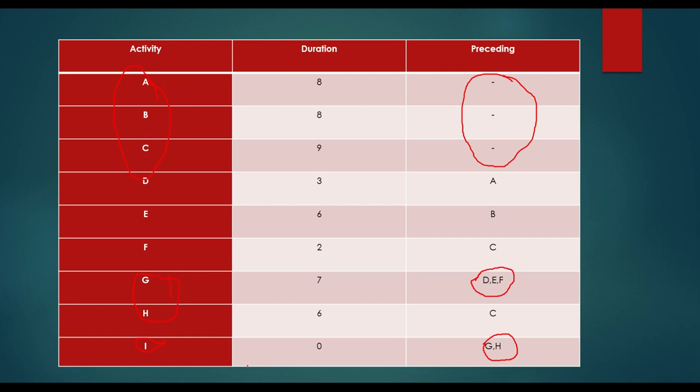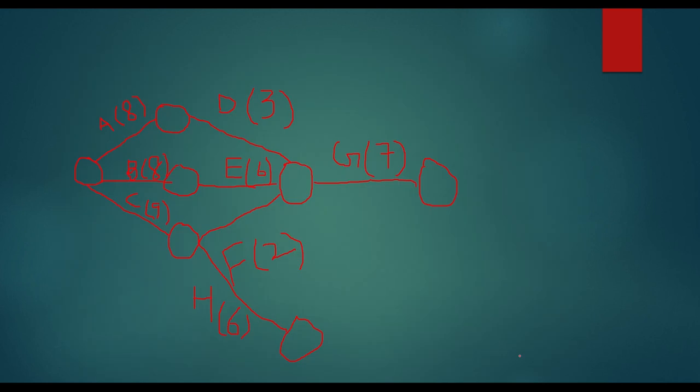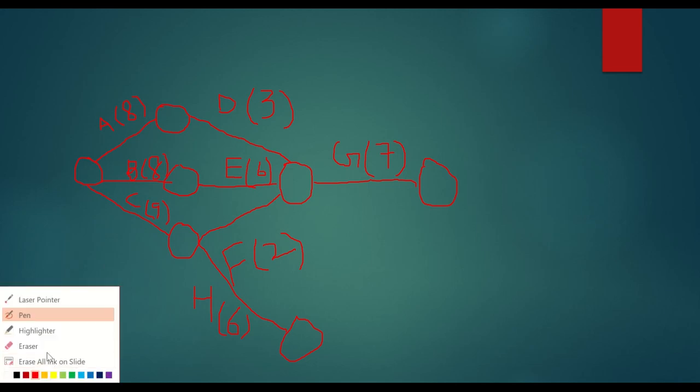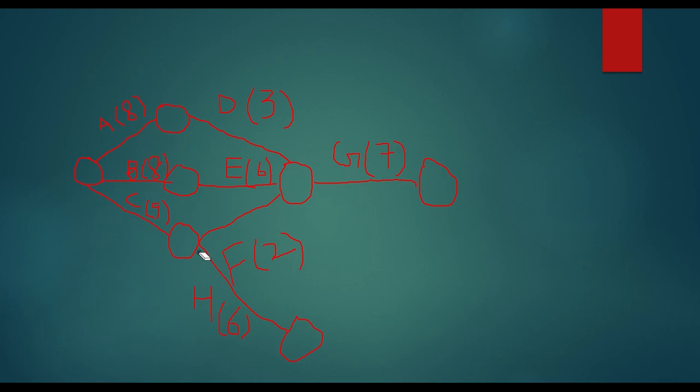So it means I will start where G and H end. It means G and H should end together. But what I have done in the question is ended G and H at different points. So again, I have to make changes here. So I will combine G and H. So I'll just make a little bit of change in the network. So I'll write F here instead of writing it down.